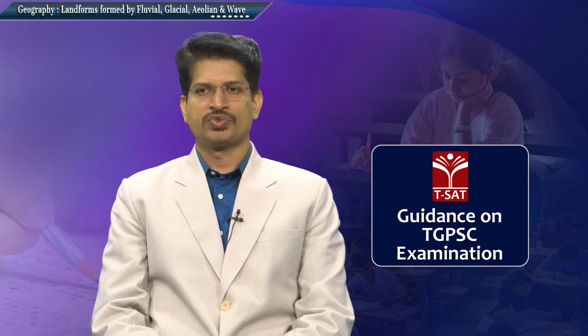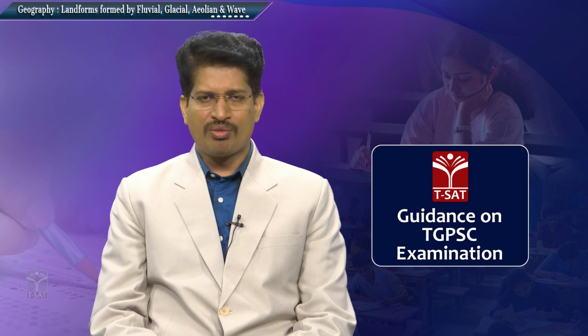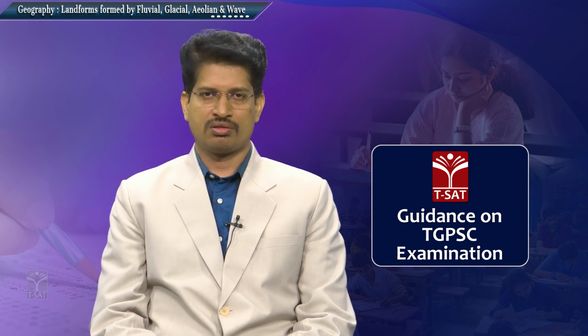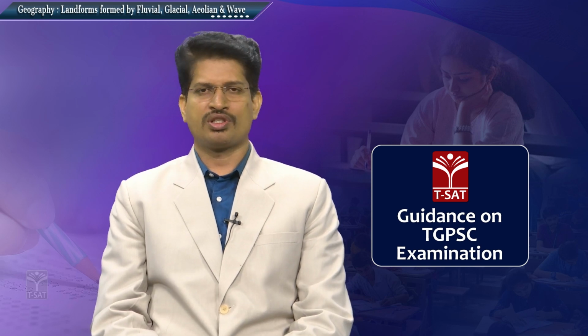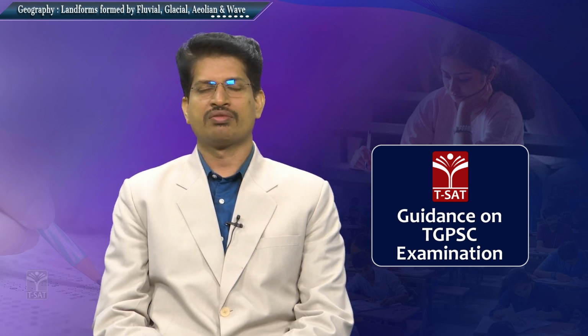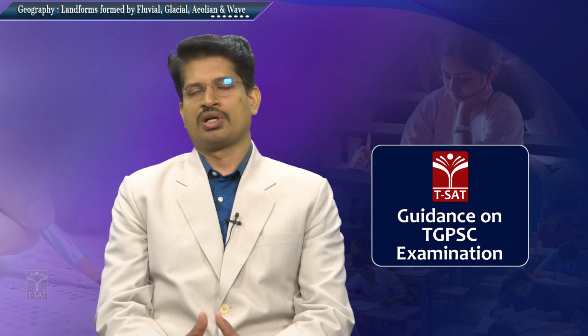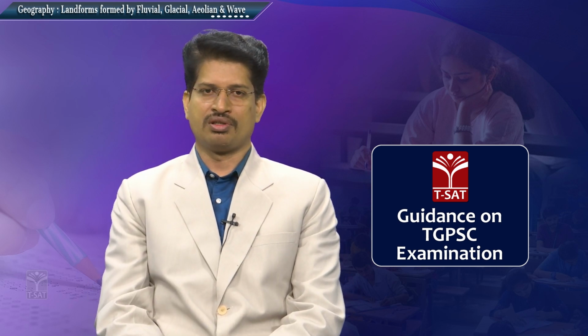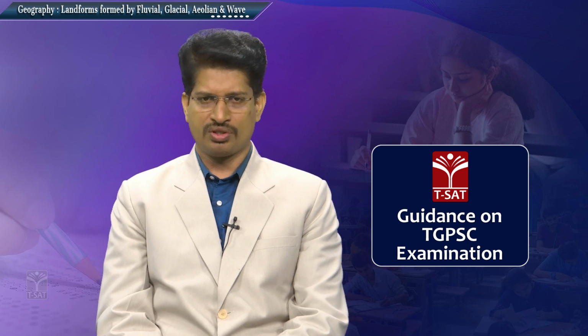For example, fluvial here implies the features which are being formed because of flowing water, the water which is flowing on the surface of the earth, which is responsible for the formation of different features. In the same way, glaciers move from the higher elevated region because of the slope gradient and gravitational force, and move in the valleys of the river. Because of this, the moving glaciers are responsible for the formation of different features.